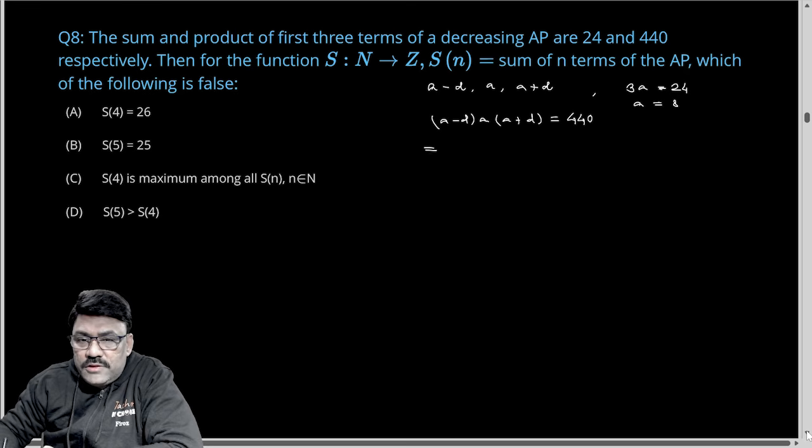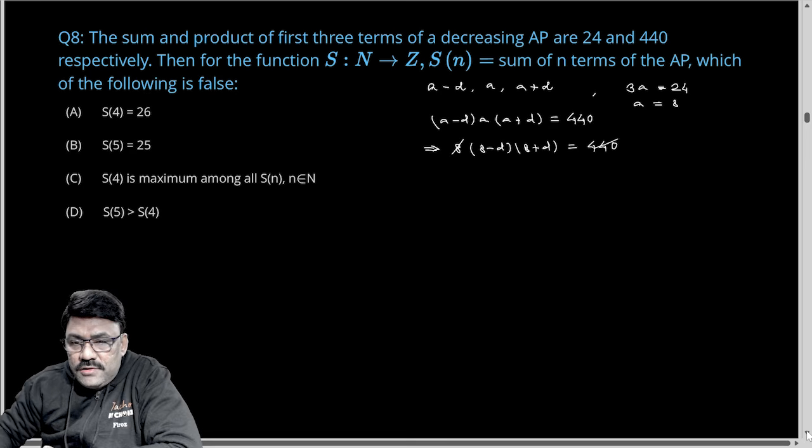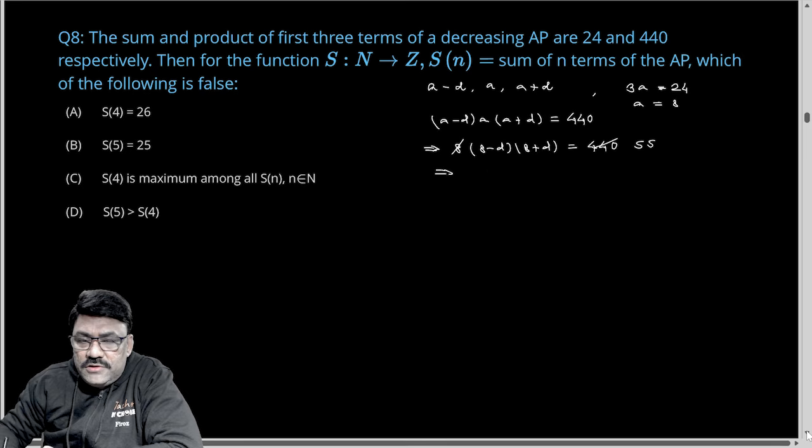Now substitute the values of A here. So 8 times 8 minus d, 8 plus d, is 440. Cancel out 8 here. So you will get 55. Now 8 minus d, 8 plus d is 64 minus d square,